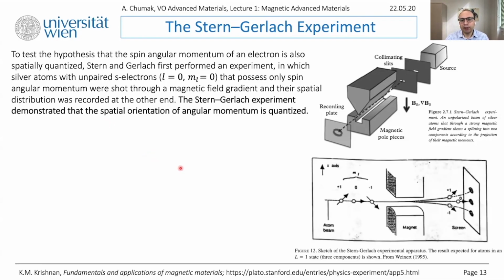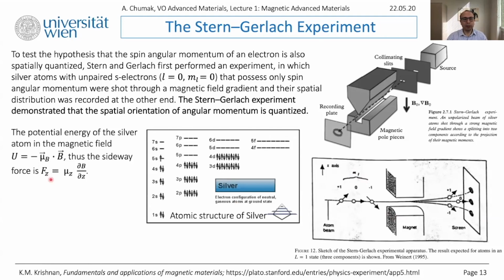At that time they didn't know about spin, and they were looking at the orbital momentum. As we have seen, there is orbital momentum of the electron, which also should be quantized. You can find different descriptions in the literature, but that's what I could understand, because if you look at their original paper, it says m_L, where L is usually associated with orbital motion, and they expected 3 states: 0, 1, and -1. So they expected that if you take an atom with 1 electron rotating, you should get 3 possible quantized states for this orbital motion. And they chose